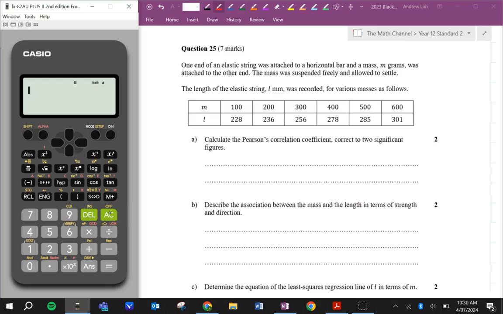So Pearson's correlation coefficient, we know that this is bivariate data. So I'm going to press mode, 2 for stat, and bivariate is 2, so I'm going to press 2 for 2 variables. So let's enter these, 100, 200, 300, 400, 500, and 600. And the lengths were 228, 236,